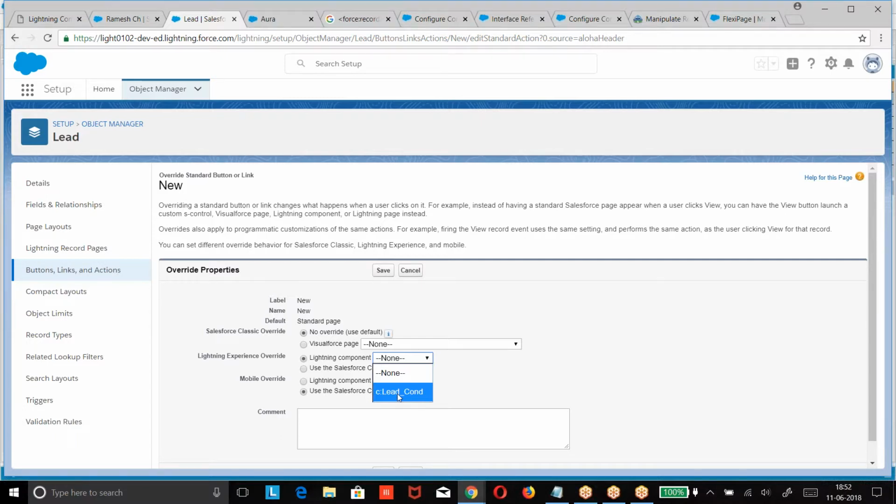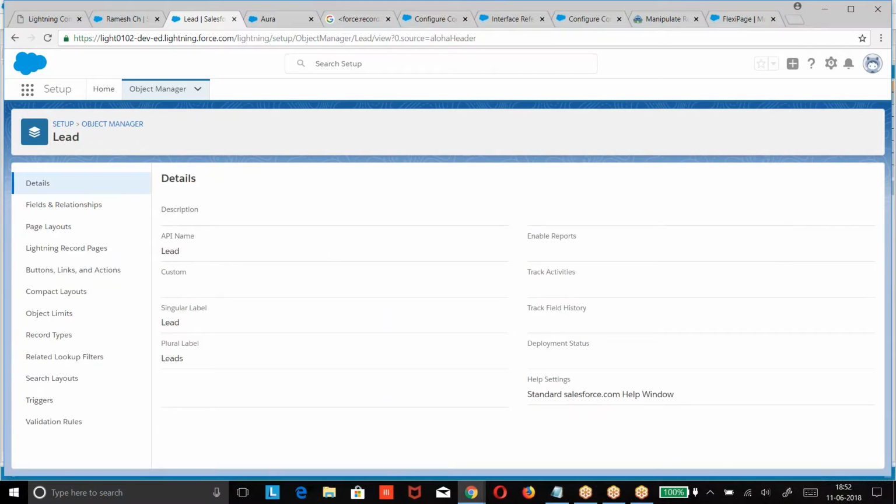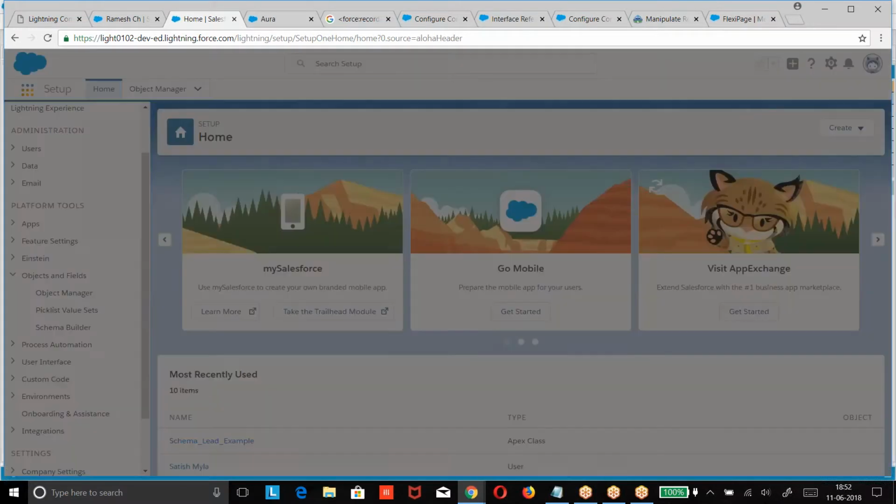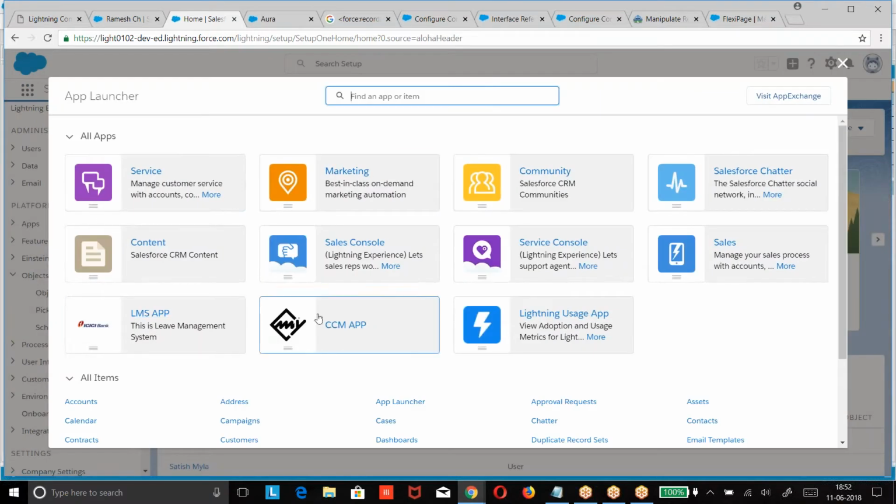Similarly, here only the Lightning components which have implemented the lightning action override interface will come here. Give it. Now what happened? The standard new button is replaced with this custom functionality. Go back.